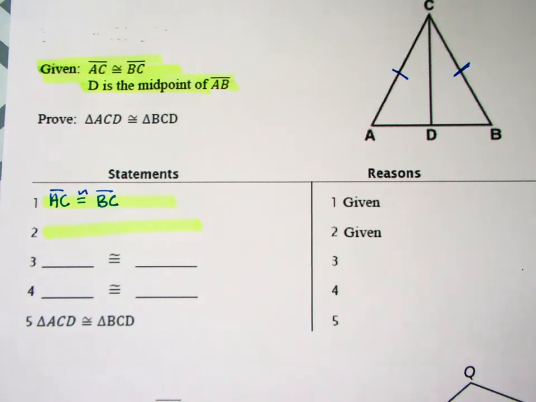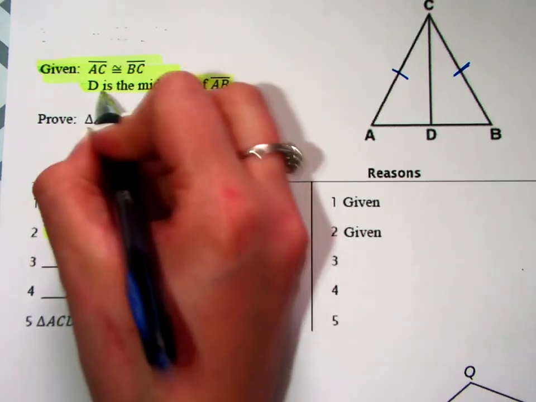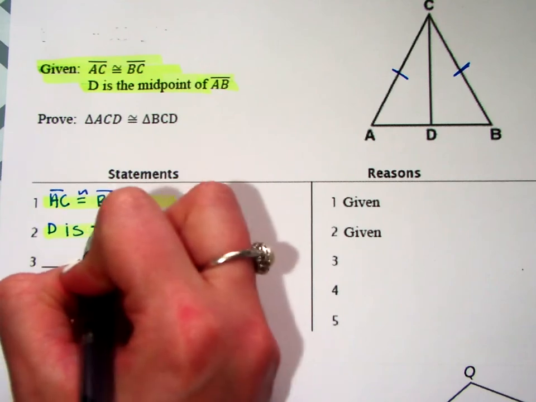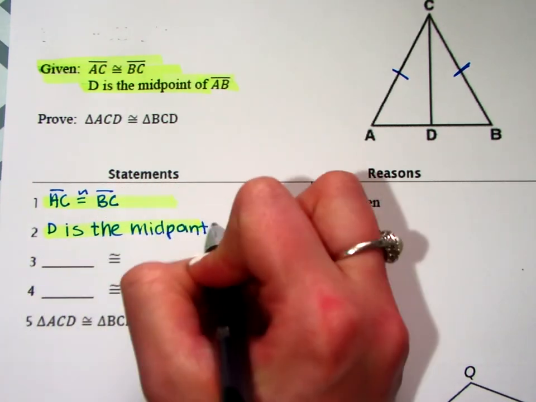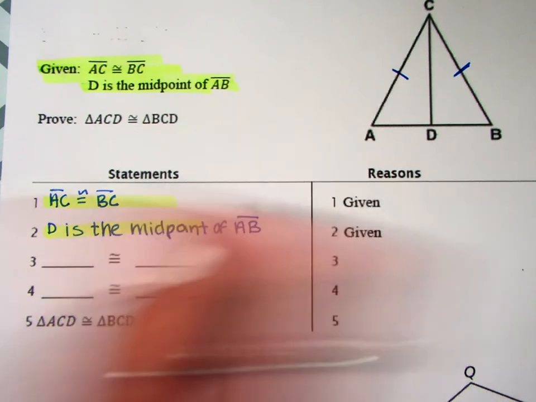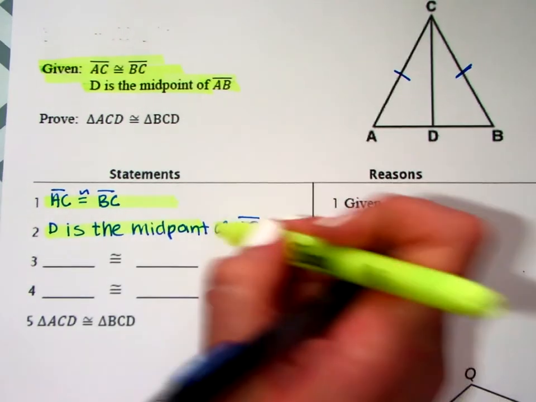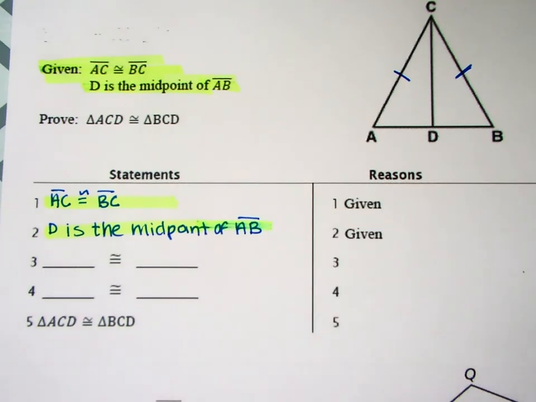All right, next. My next part is D is the midpoint of AB. Now, I hope as I read that sentence that your mind set off a little reminder, hey, I hear a vocab word. When you hear vocabulary, define it. That's why they're giving you the vocabulary word. It's helping you add a piece to the puzzle. If you recognize vocabulary and remember what it means, you'll be able to do all of these problems, no matter